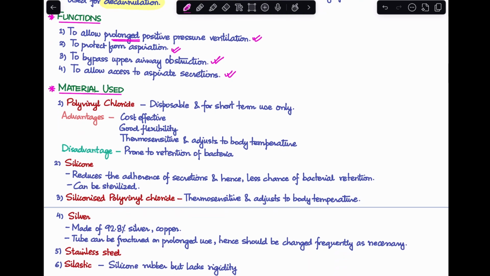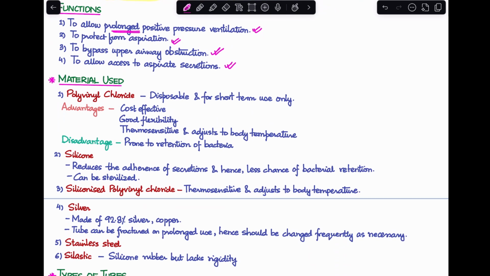Next, let's talk about what are the materials that we can use for a tracheostomy tube. Now, there are various types of material used. For example, the most common one used is polyvinyl chloride. Polyvinyl chloride is usually used to make disposable tracheostomy tubes that are only needed for short term use. The advantages of polyvinyl chloride is that it's very cost effective, has good flexibility, and it is also thermosensitive and